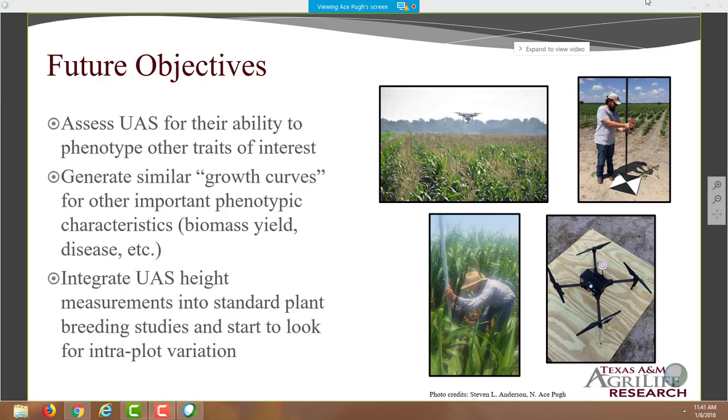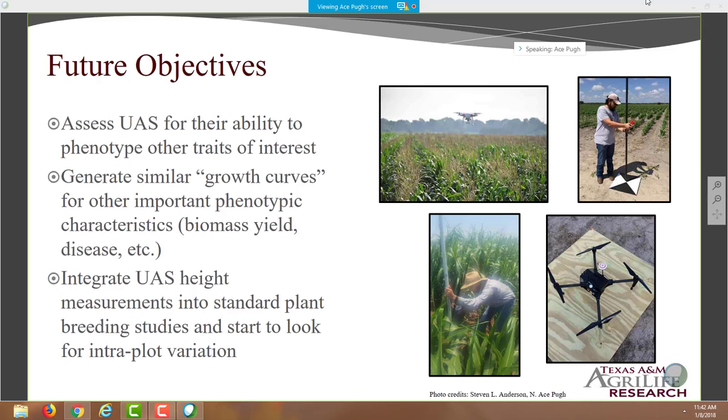Raghu, I hope I'm pronouncing people's names correctly, asked, are there comparisons between forage and grain sorghum to explain variation using UAVs? Would you expect the same trend for forage sorghum? So we do have another test that we're going to be looking at, which is a biomass test. So that's also a very tall sorghum. But as far as actual forage material, we haven't really looked at that yet with the UAVs.